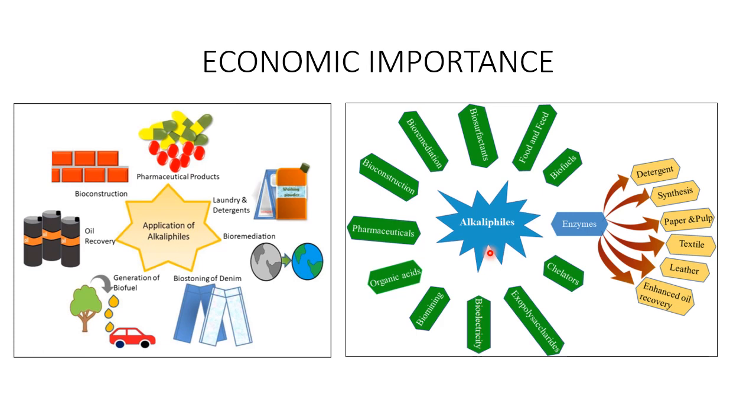Then second is enzymes. You can see a variety of alkaline enzymes are produced by alkaliphiles, for example, alkaline proteases, alkaline lipases, alkaline amylases, alkaline cellulases. Depending on the type of enzyme, the particular isolate can be used as a detergent, in synthesis processes, for paper and pulp industry, in textile industry, in leather industry, depending on the enzyme that it produces more.